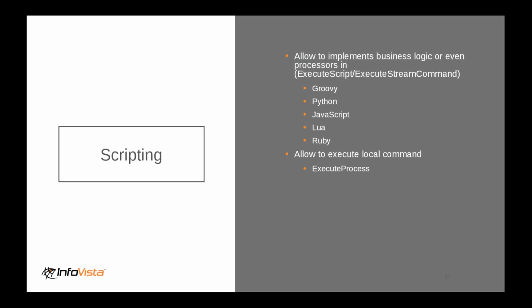Groovy is just a scripting version of Java. It accepts Python, JavaScript, Lua, and Ruby. I would be missing Perl here, and maybe PHP, but for all the other guys, I think they are the top languages. So what we can do with this ExecuteScript processor is write our code